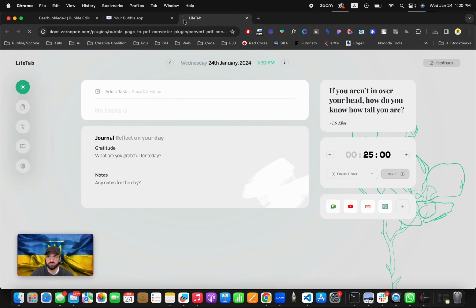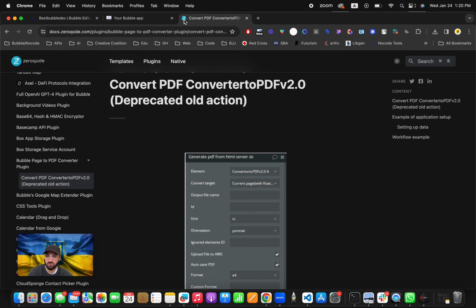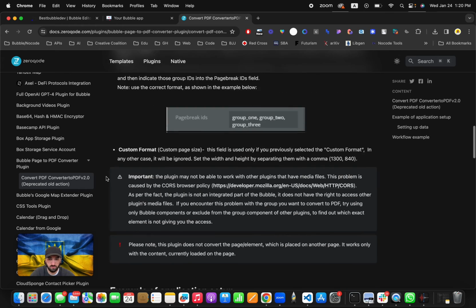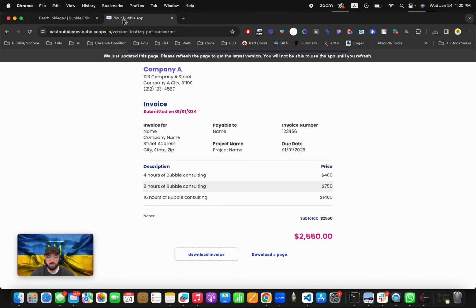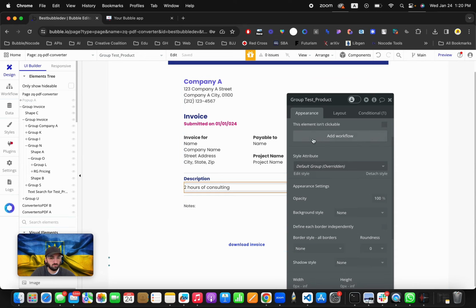Here, let's go to Zeroqode's website documentation, and I just want to show you this one. Please note this plugin doesn't convert the page element which is placed on another page. It works only with the content currently loaded on the page. Let's get back to our example. So we've got